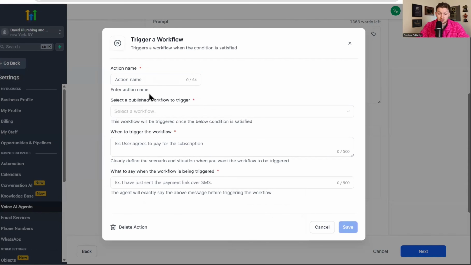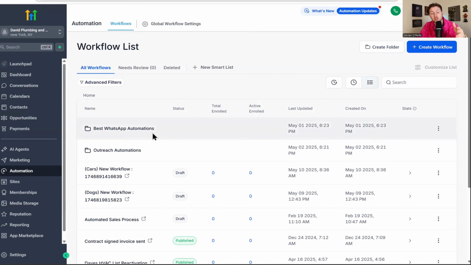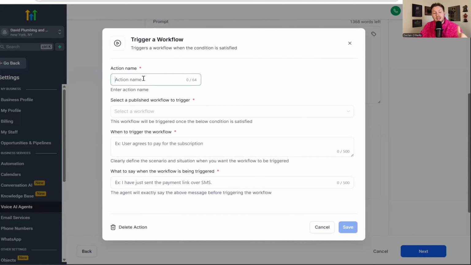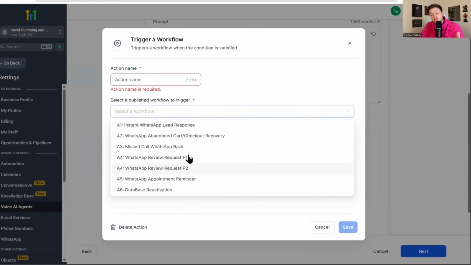Trigger a workflow. So this is really cool. You can have your AI agent trigger an actual automation in HighLevel when it says anything, which is huge. It could be like a nurture sequence based on the phone number. It could be sending an SMS. It could be whatever. And again, to start this, you put in the action name, you select the exact workflow